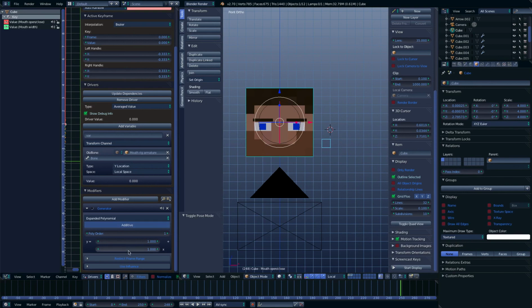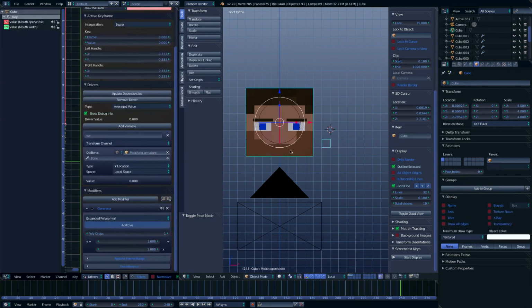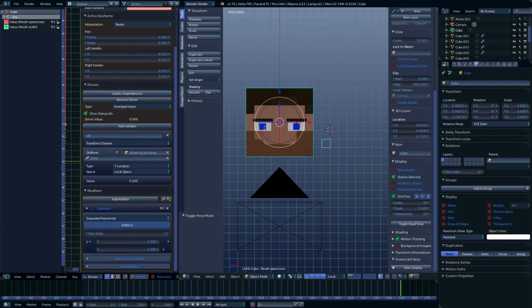And then where it says 1 here, if I change that to like 3, then it will just be faster. So if I changed it to like 5, then I'd only have to move it that much for it to open fully. And yeah, it's kind of complex and involves quite a bit of math if you do too much of this, but it isn't that complex. So now select the head again and go to mouth width